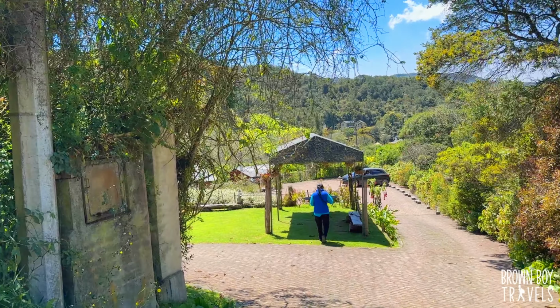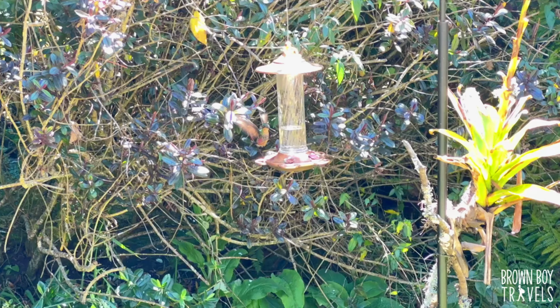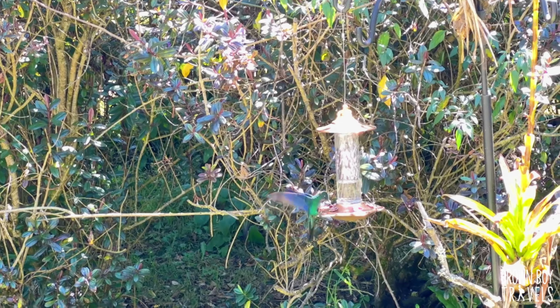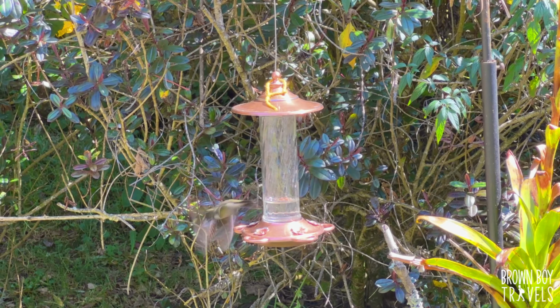When I got here, I was trying to run around trying to take some videos and photos, and I realized how sensitive they are to the noise. So a little dry leaf under your feet cracks and they are gone. So be patient, just sit near the feeders, just be patient, they will come to you, and then you can